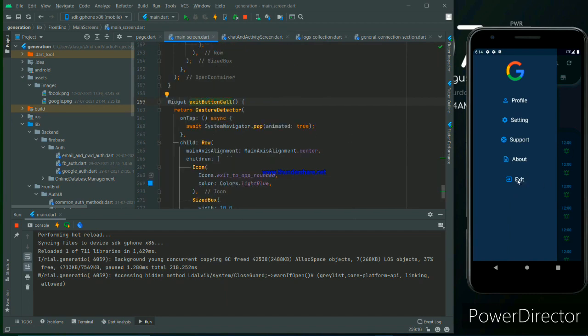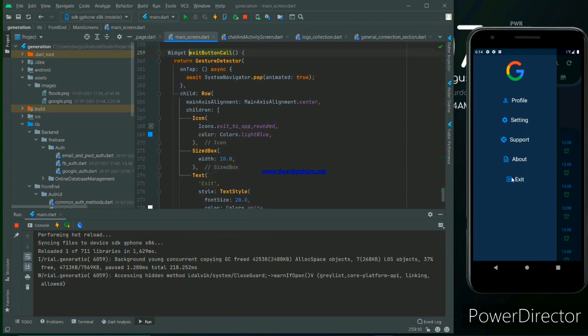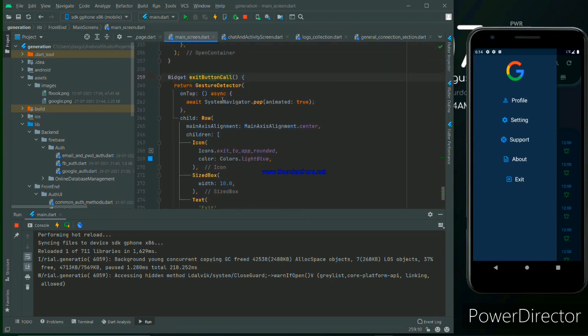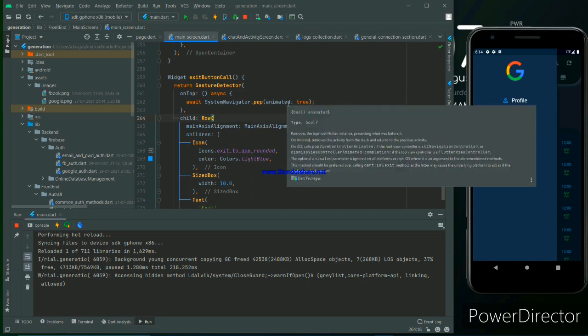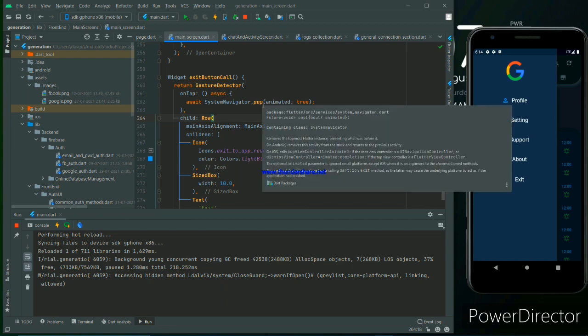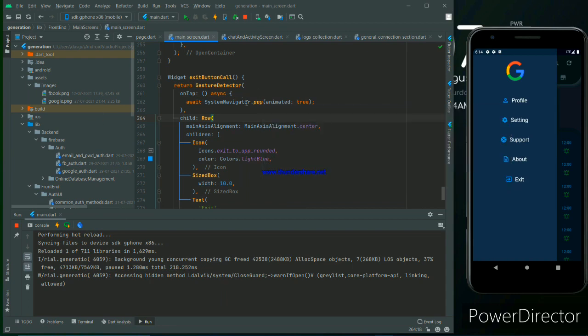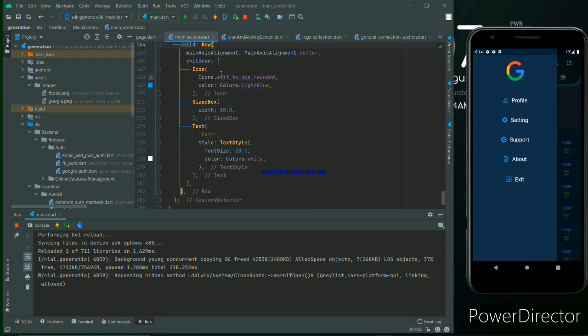You can try it out. If I click exit and then reopen the app, it takes a lot of time in the emulator, but you can try it. That's the SystemNavigator.pop method, and SystemNavigator is found under the Flutter services package. So make sure you import that package and use SystemNavigator.pop, and this will automatically close the app. That's why we are using that. And it's the same thing, with the icon, size, icon gap and menu option for exit.